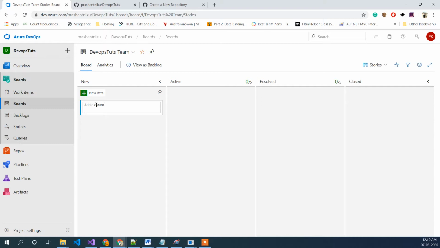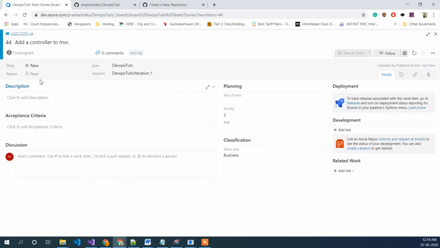add a controller to MVC, and when you go here, it will show it like a story. This is the 44th story number, and these are the story points and everything like that. If you can see, there is a link here, you can add it.